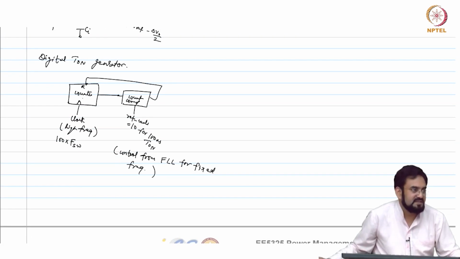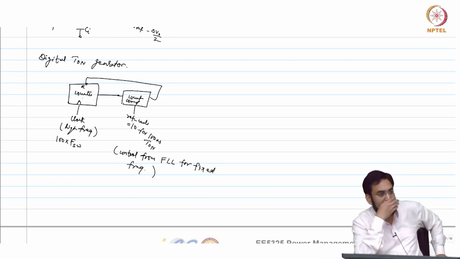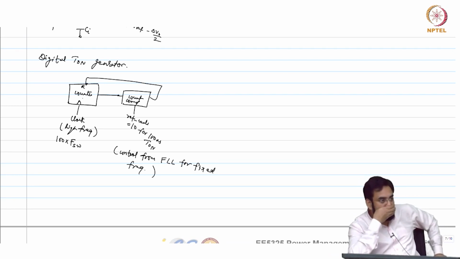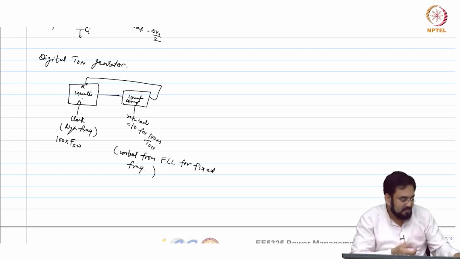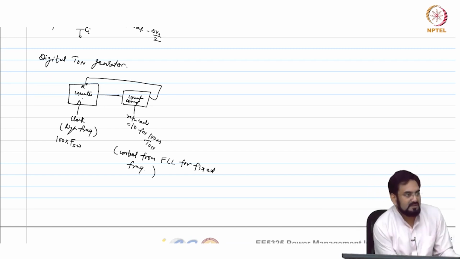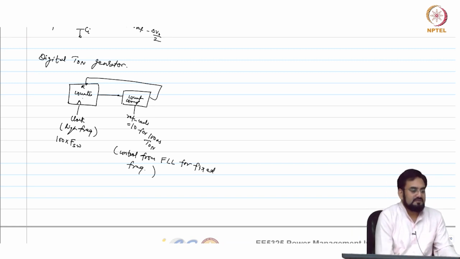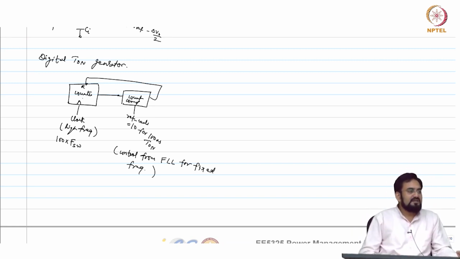But what about the transient response? Which will be better in terms of transient, hysteretic or constant on or off time? Just think about it, it's simple. Why?